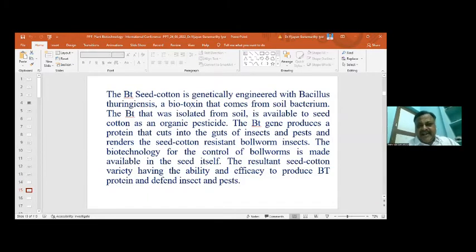The Bt seed cotton is genetically engineered with Bacillus biotoxins that come from a soil bacterium. The Bt that was isolated from soil is available to seed cotton as an organic pesticide. The Bt genes produce a protein that cuts into the guts of insects and pests and renders the seed cotton resistant to bollworm insects. The biotechnology for the control of bollworms is made available in the seed itself. The resultant seed cotton variety has the ability and efficiency to produce Bt protein and defend against insects and pests, which also has considerable environmental poisoning